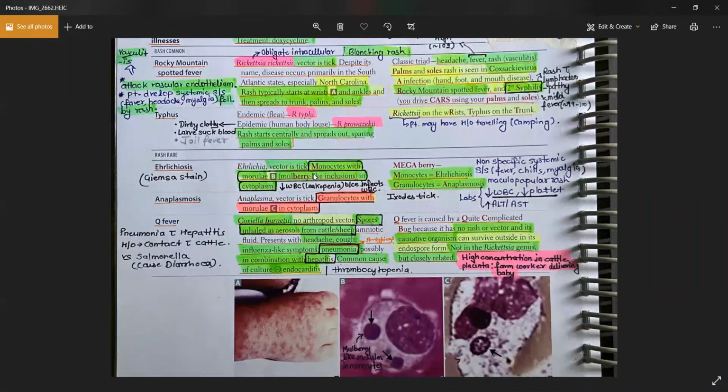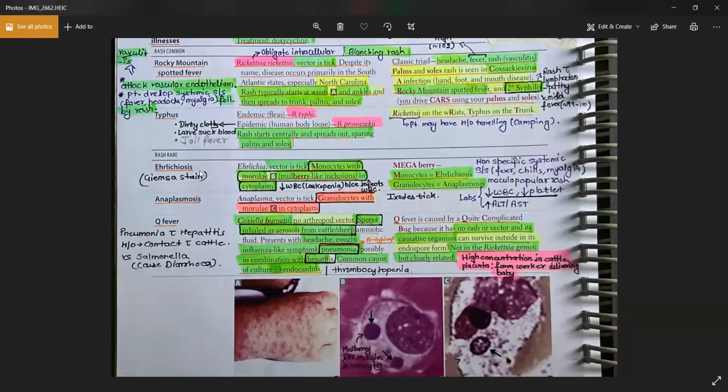Okay, and then come the other rashes. The first one is ehrlichiosis. Okay, the only thing that you need to remember about ehrlichiosis is that they have a morula in the monocytes. Okay, mulberry-like inclusions, as you can see, because I told you they are intracellular organisms. Okay, they all are intracellular organisms. So basically, you will see these mulberry-like inclusions within the monocytes in case of ehrlichiosis. So if a question mentions some kind of inclusion bodies in the monocytes, it must be a case